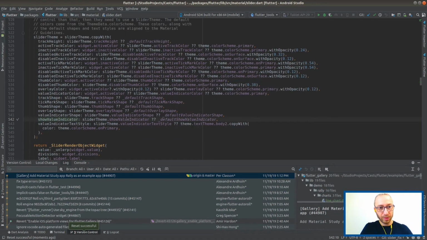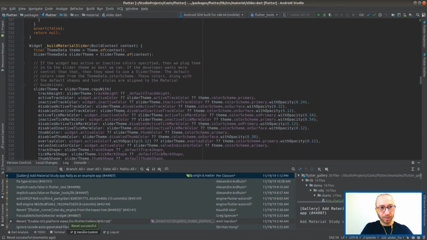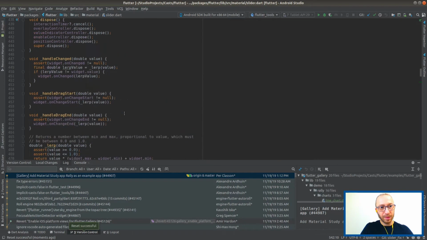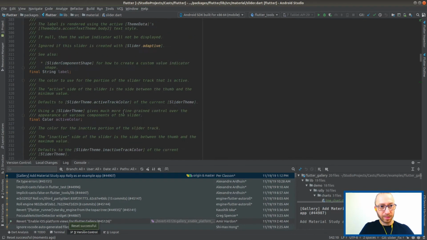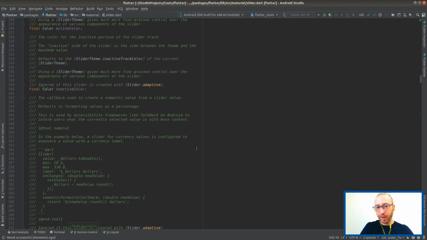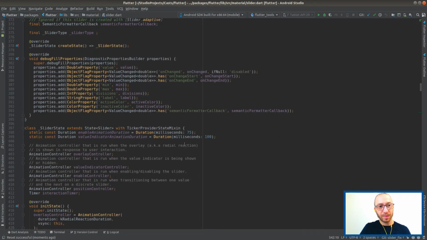Basically, what we want to do is if label was set on slider, no matter what the theme says, well, I don't know, is it no matter what the theme says? Because the theme can say show never, and then it's weird to have a show never and a label that actually shows.